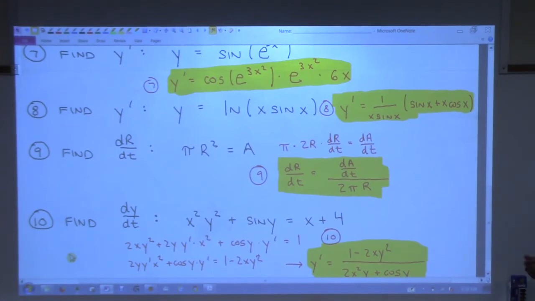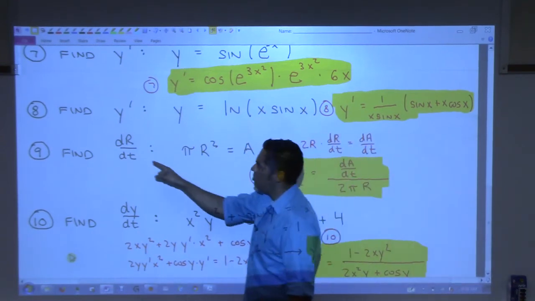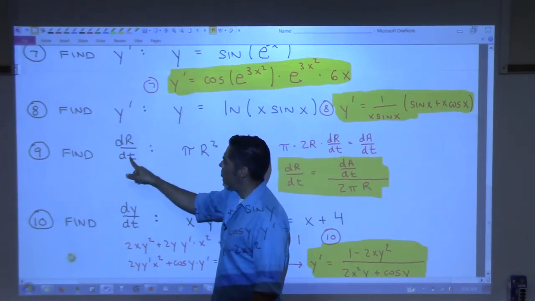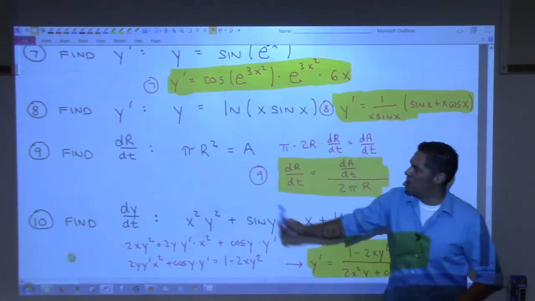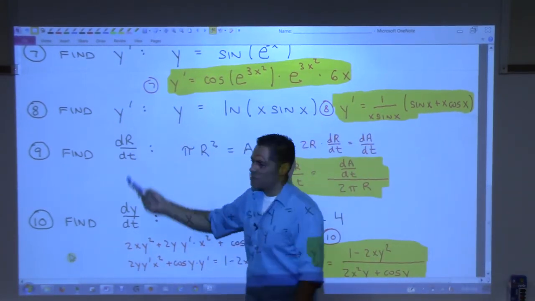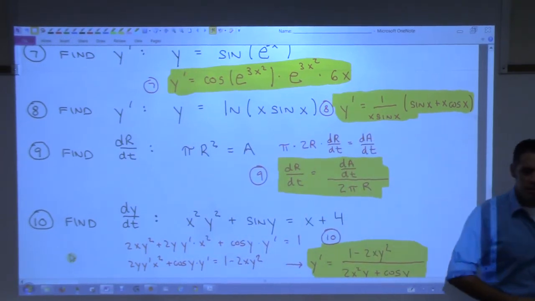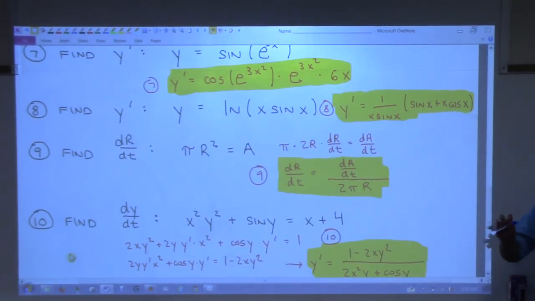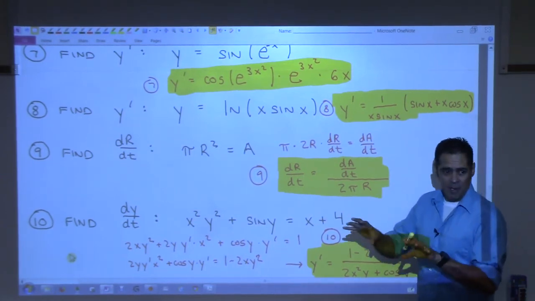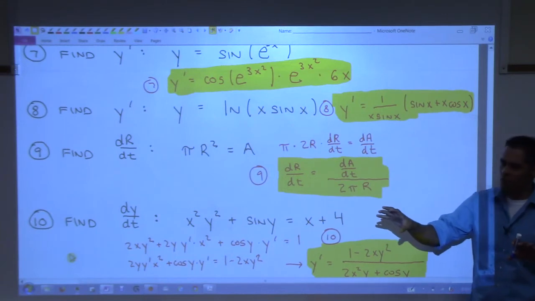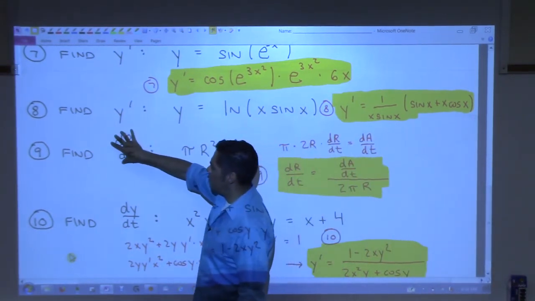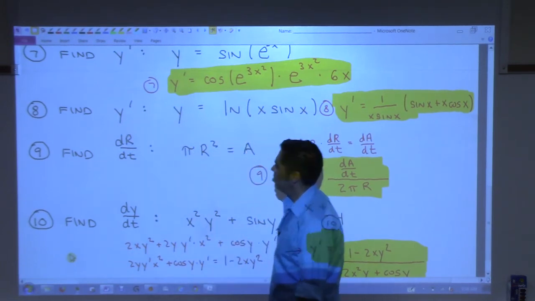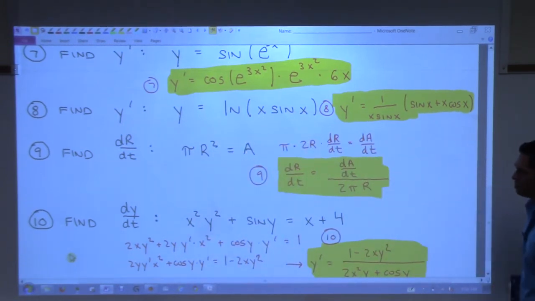Okay, this one. So now I switched over to a different notation. Instead of using y prime, I use this notation. Does anyone know what this notation is called? Usually we call this the prime notation, but this is called Leibniz notation. There's 2 fathers of calculus, Newton and Leibniz. They both developed calculus at the same period of time in history, in 2 different places in the world. They were doing the same thing. It was kind of interesting. But this is the notation that Leibniz used, and this is the notation that Newton used. And there's advantages and disadvantages to each.